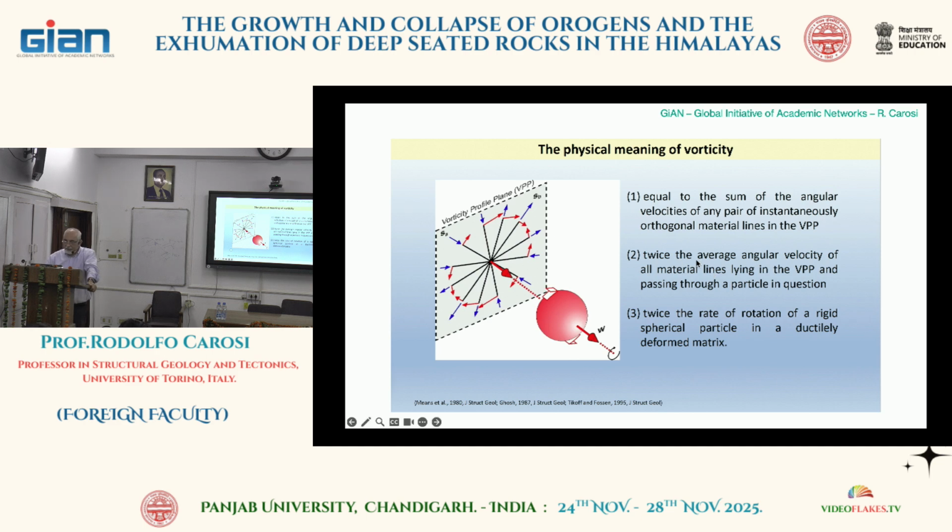It is also twice the average angular velocity of all material lines lying in the vorticity profile plane, and it is twice the rate of rotation of a rigid spherical particle in a clearly deformed matrix. So these are the definitions of vorticity, but